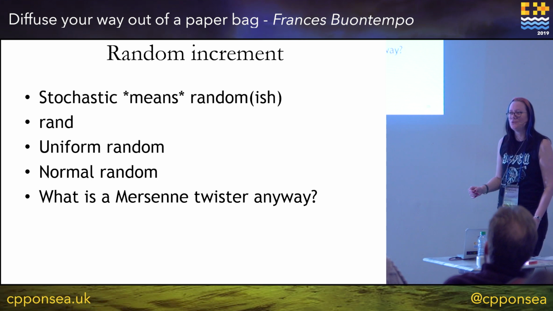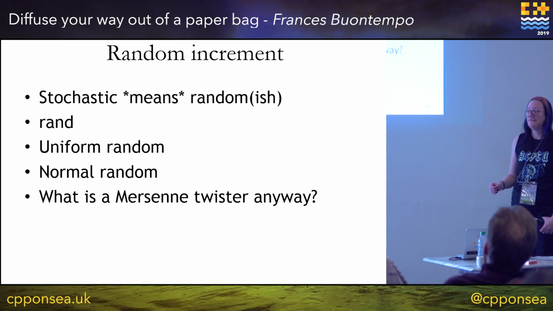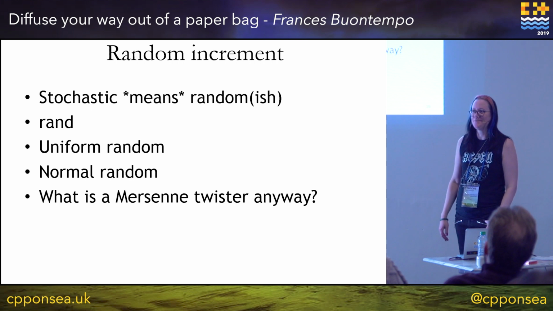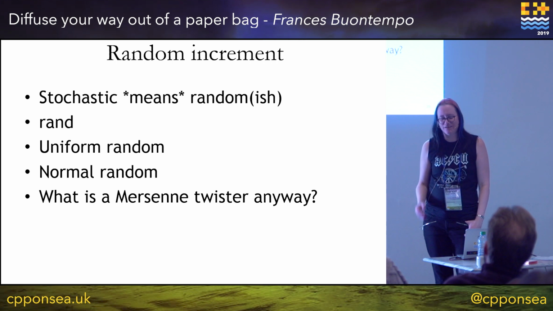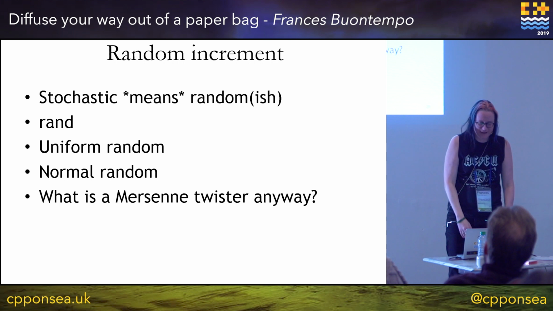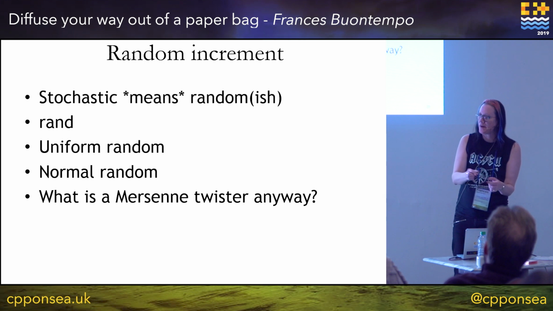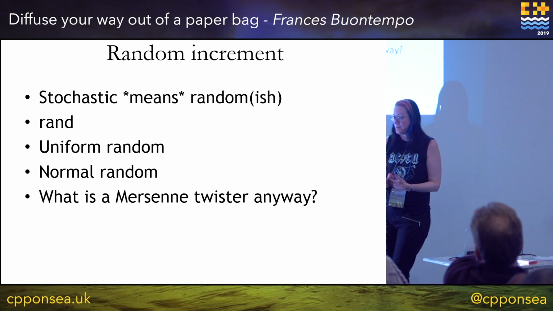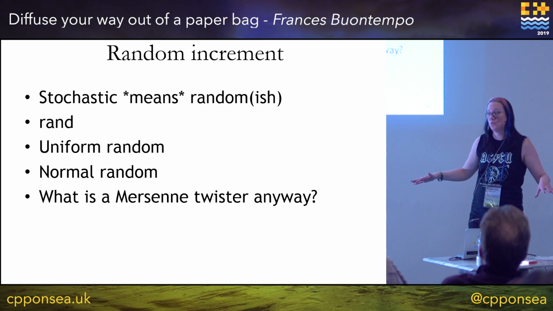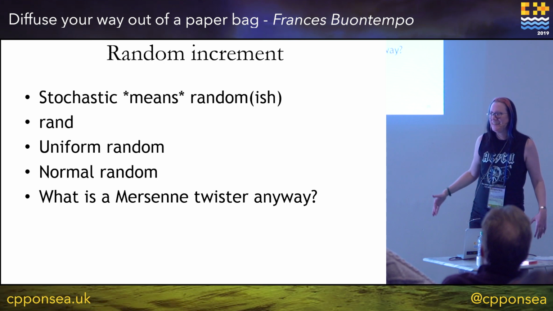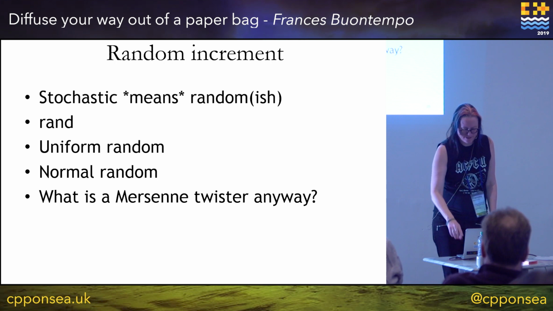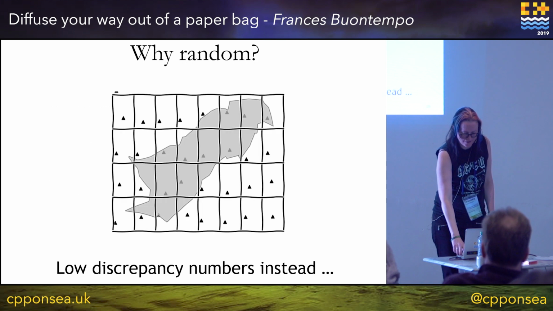Anyone used old school C's rand? Anyone love it and think it's really easy to get right every time you use it? As I'm getting older, I have to concentrate more and more, and it goes wrong. I mentioned the uniform random thing. We want maybe +1 or maybe -1. We want some normal random numbers this time. Trying to get those out of rand is a bit of a challenge. And then we'll mention Mersenne twisters.